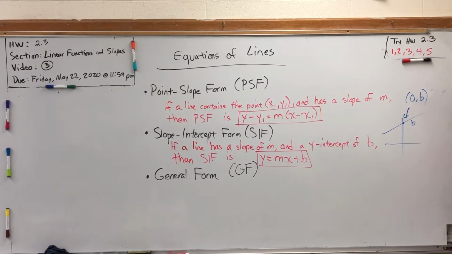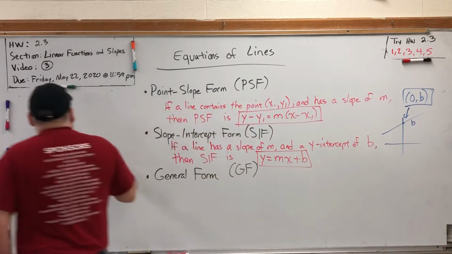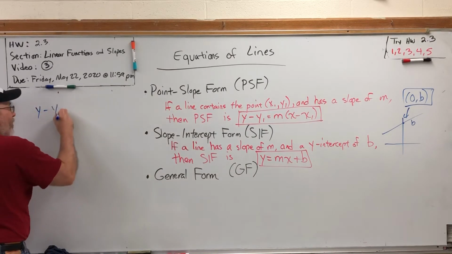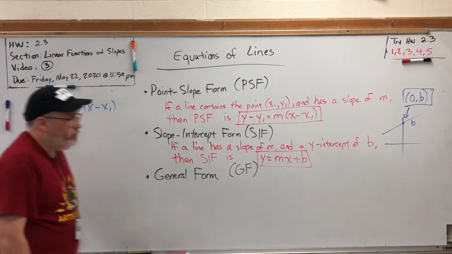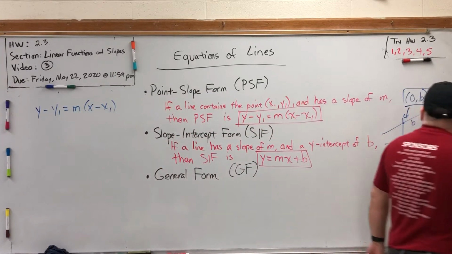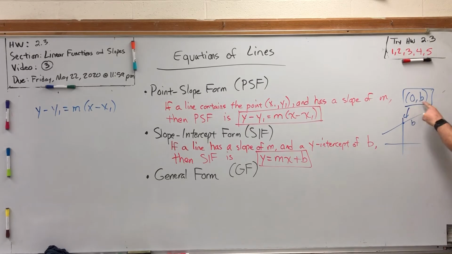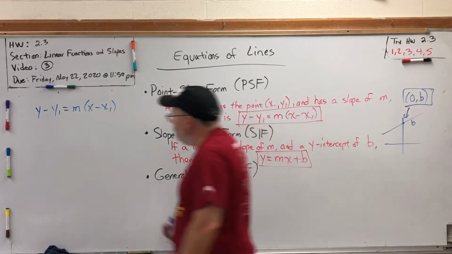because it's on the y-axis. If your x isn't 0, you moved left or right, and you're no longer on the y-axis. So you can actually describe the y-intercept as an ordered pair whose x-coordinate is 0, or just as a single value. But with this point and this slope, if we took point-slope form, y minus y1 equals m times x minus x1, but used this specific point, meaning we're going to use 0 for x1 and b for y1,